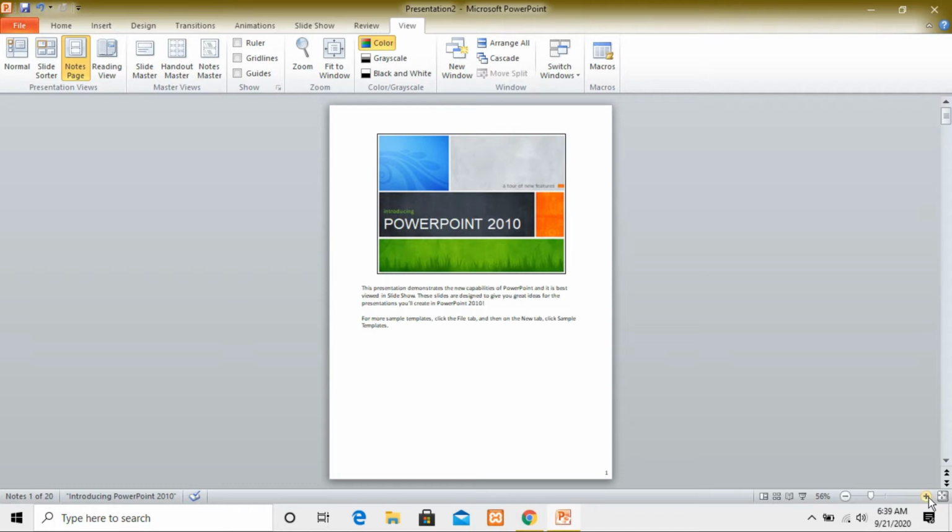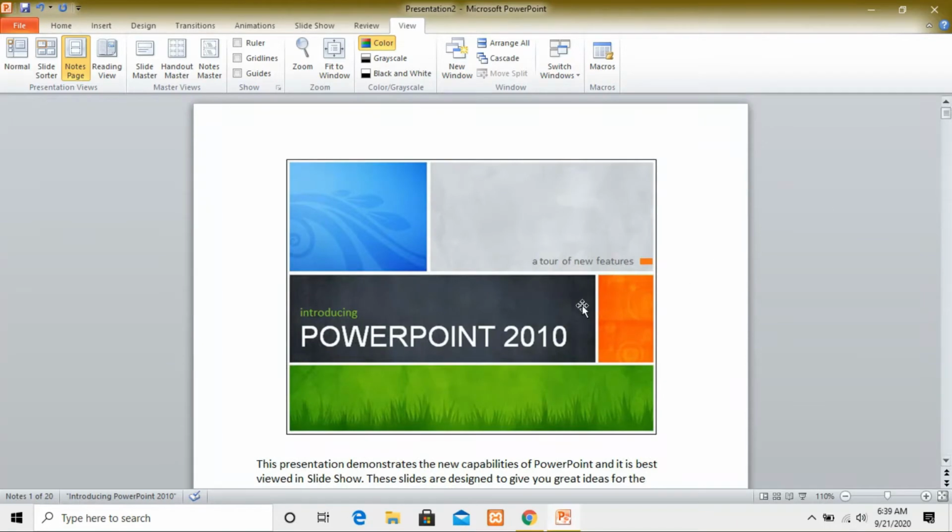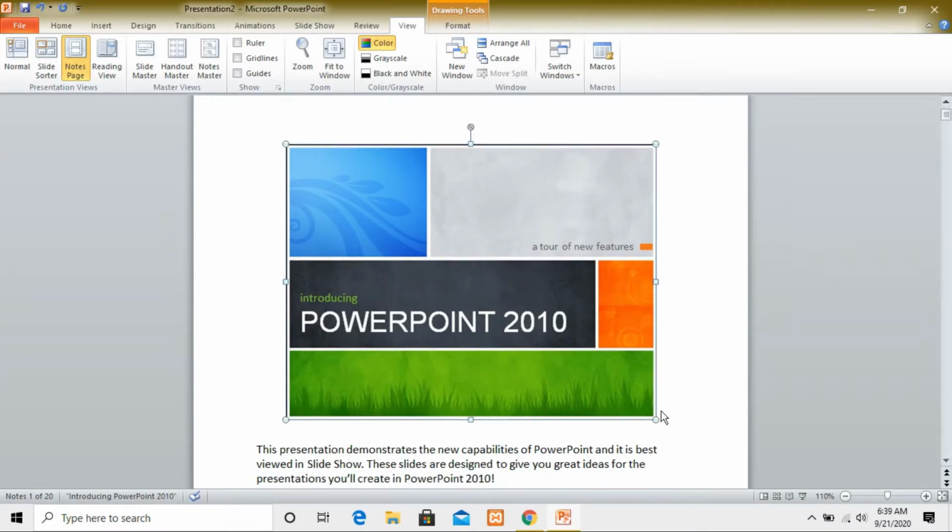If you want to see it larger, I can show you. Whatever slide you have made, it will show you the slide as well as the notes area of that slide on the bottom side. So basically it helps you show each and everything on a page. When you print your page, the content will look like this.